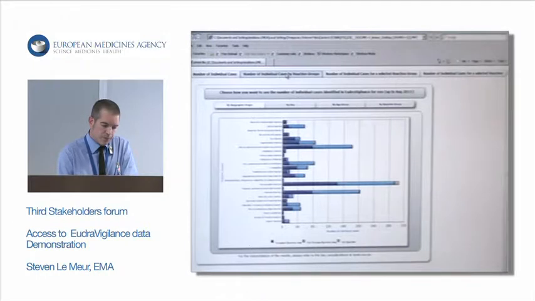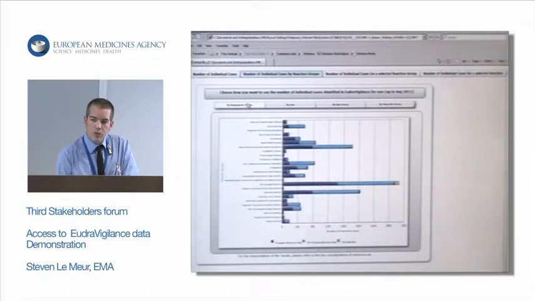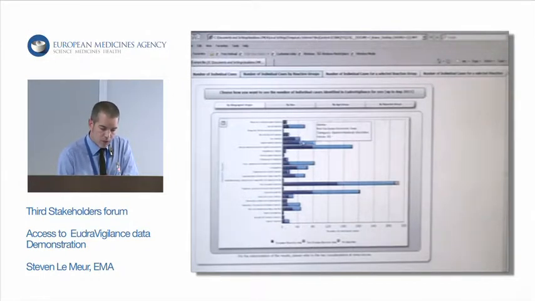So in that view, what is listed there is all the system organ class. And for each of the system organ class, we have the distribution by the geographic origin, by sex, by age group, or by reporter group. So the user can select the view that you would like to see. And for each view, you will be able to see how many cases are from EEA, non-EEA, how many are not specified. And as you can see, when I hover on the graph, the number of